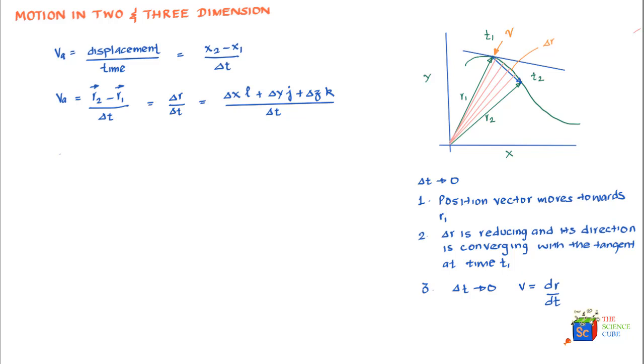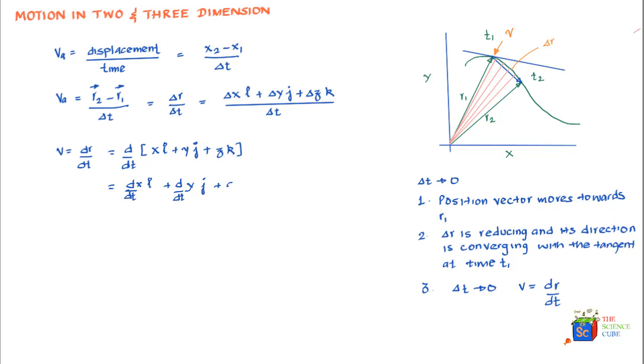So if we write v is equal to dr upon dt, then this would be equal to d upon dt of r expressed in vector ijk form, which then can be written as d upon dt of xi plus d upon dt of